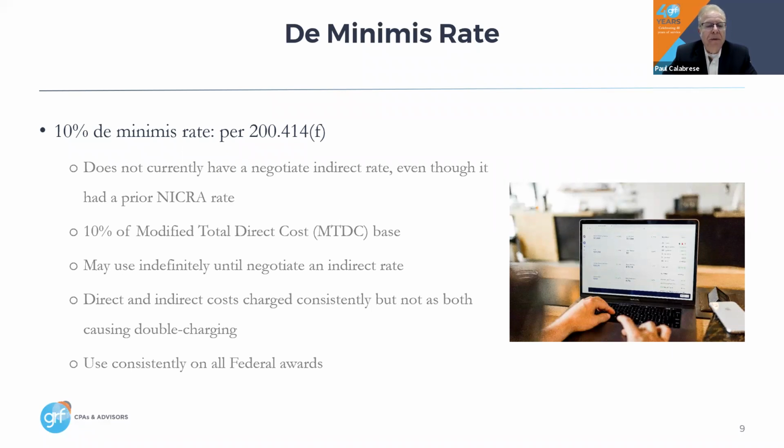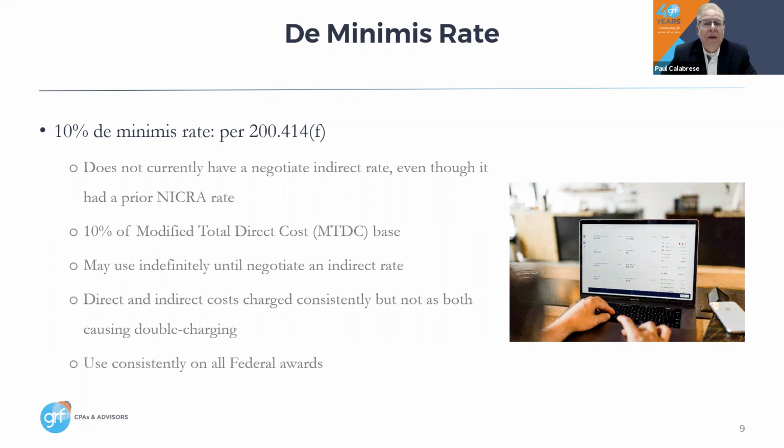The second thing I wanted to share with you and bring to your attention is why would an organization that had a NICRA want to go back to a 10% de minimis? Sometimes what happens is that large organizations get access to some federal funding, and they're significant in size, and then all of a sudden, for whatever reason, they're not going to have significantly large awards. And so for them, it makes it a lot easier, a very, very large organization. I'm spending a lot of time. My system is not so much set up for cost accounting and structures the way that the uniform guidance is set up to develop an indirect rate. And so I have to do a lot of analysis and pulling records from here and there to get to